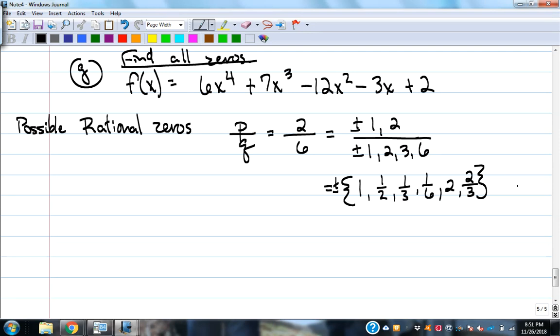That is my possible rational zeros. Okay, that's our P over Q list, is what I'll refer to that as. That doesn't mean that each one of those is a zero of this polynomial. What it means is, if the polynomial has a rational zero, then it's going to be out of this list. So what we've done is we've taken this polynomial and narrowed down the possible rational zeros